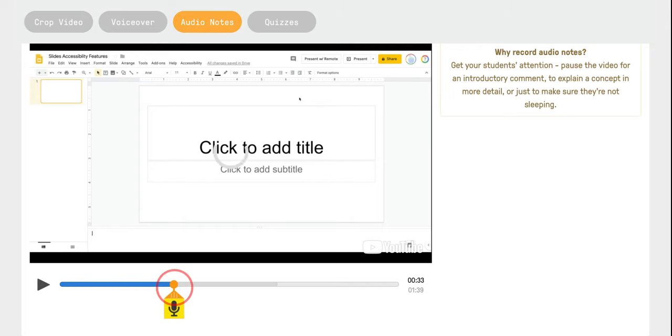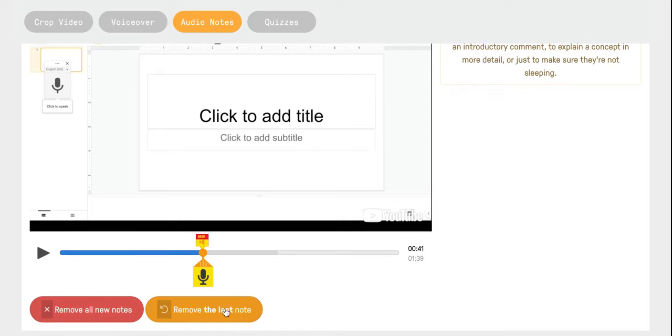microphone. Now let's say this is where I would normally stop the video and talk about it. I'm going to click on the microphone and I'm just going to make an audio remark. Look at how amazing the imagery is in the back of Romeo and Juliet. You can remove it, you can remove all of the notes, or remove just the last one, okay? And then for quizzes, there are 3 different, so it uploads your voice so you don't lose it before it